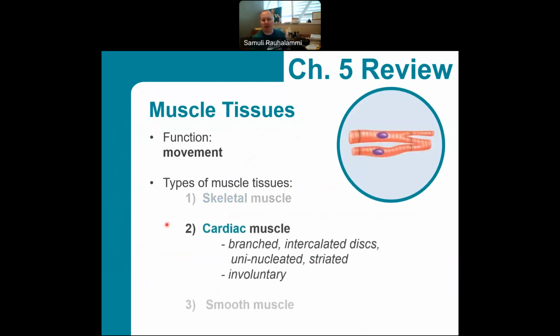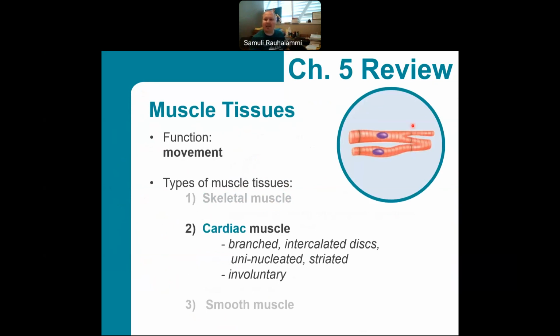Let's talk a little bit about cardiac muscle and cardiac muscle tissue or cardiac muscle cells. These are often cells that are very branched, and since they are branched, this allows us to have multiple cardiac muscle cells connected to other cardiac muscle cells, which is really important for the main function of the cardiac muscle. In these points where the cardiac muscle cells connect to other cardiac muscle cells, we do have a special adaptation known as intercalated discs.